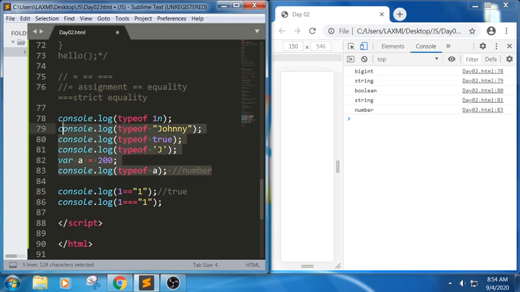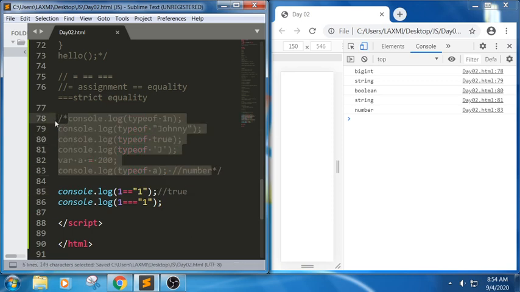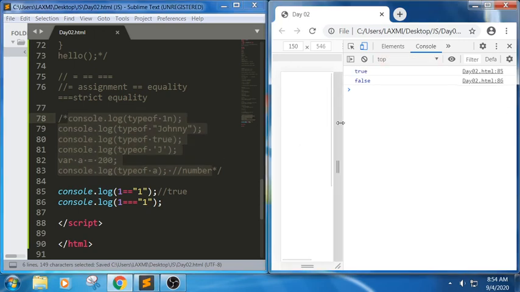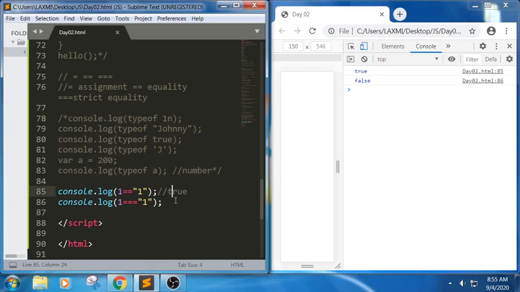See here, let me put this in tabs. Let us check these two snippets and we'll understand. See, the first one is true and the next one is false. It means triple equals, the strict equality operator, will not perform any type conversion. So this is console.log of true, console.log of false. Hope you got it. The first one will try to perform the type conversions, whereas the second one will not perform the type conversions.